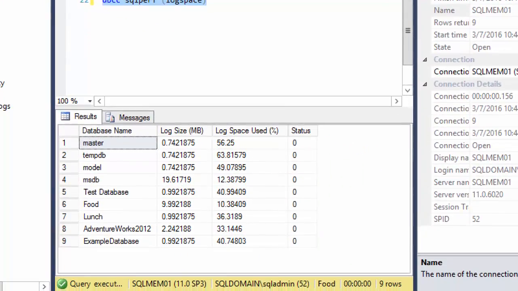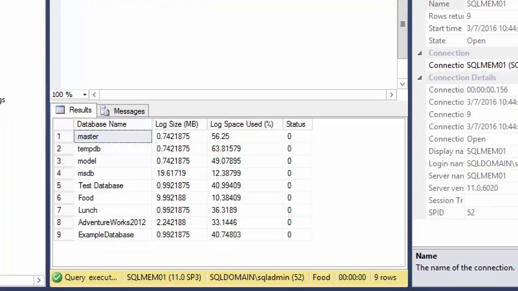It gives the details of all the databases we have, and the databases I just created. AdventureWorks is taking 33% of the total log space, which is 2 MB. Anyway, the drive is huge. TempDB is taking 63% because all the temporary connections and whatever is active is happening in TempDB. That's why it's always taking a lot of space.